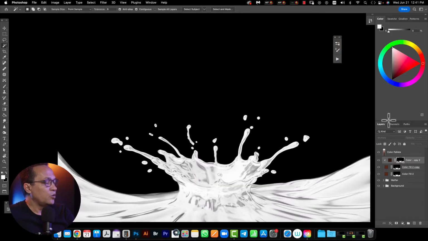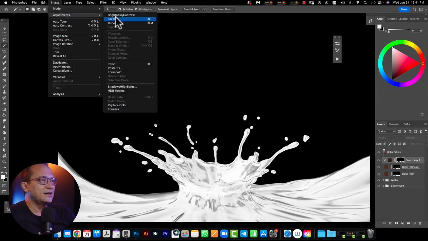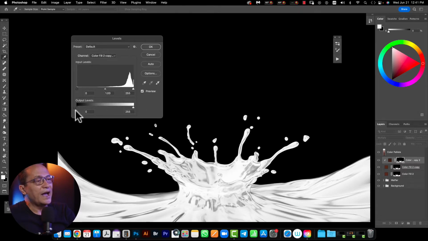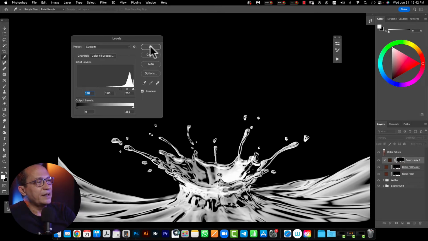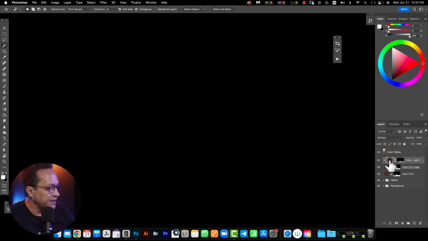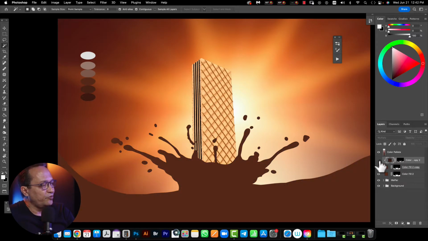Once I have shown the layer mask, I need to come here to Image, Adjust, Levels, and now I will increase the tone of blacks in this mask. How can I do this? I press here in the slider and move to the right side like that. Then when I press OK, I need to come back here to the mask, to the layer, and check before and